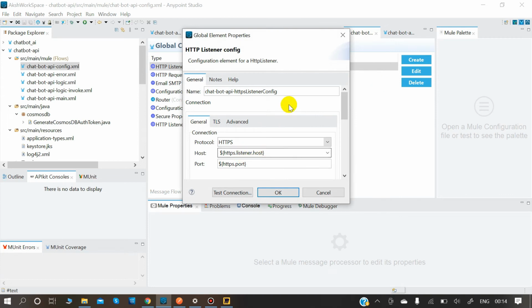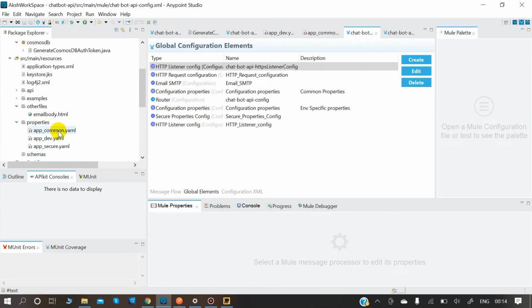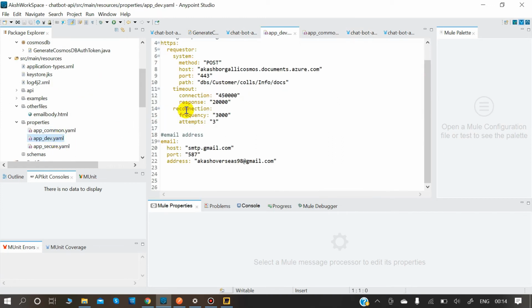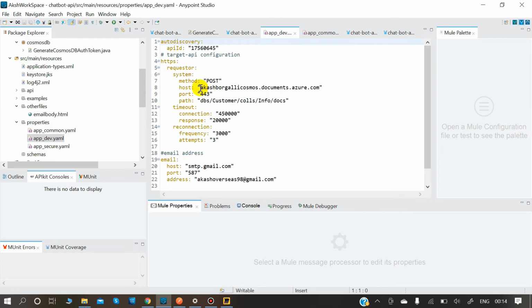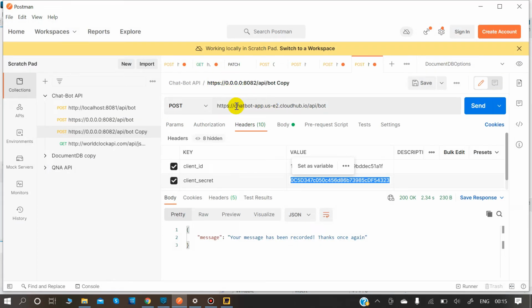Okay, HTTPS listener host. So we would be coming here, listener host. In common, we have kept that. So yes, it's 8082. Okay, so for now we would be keeping this aside.